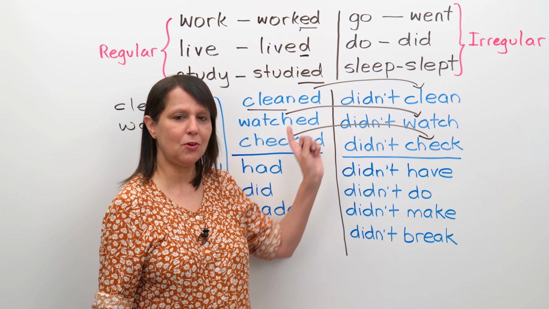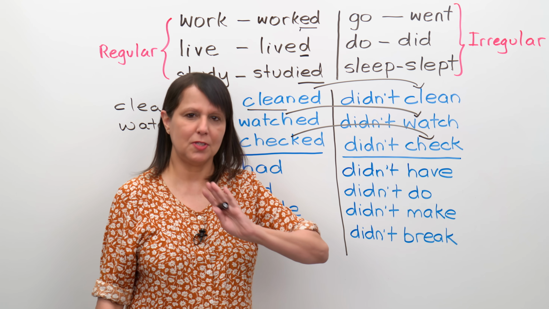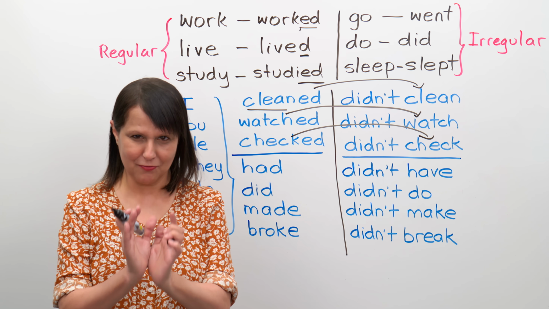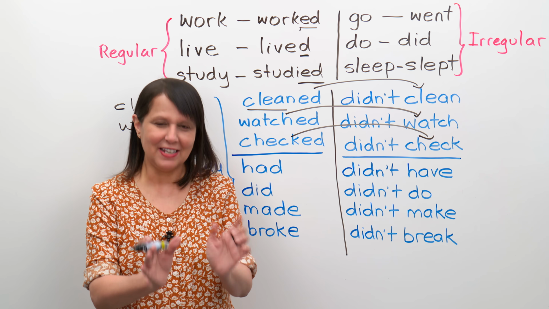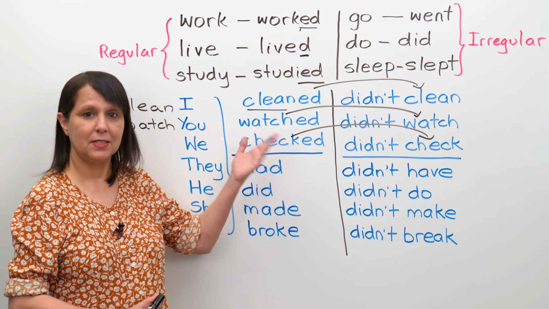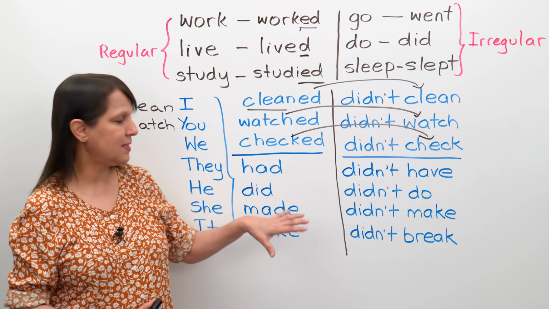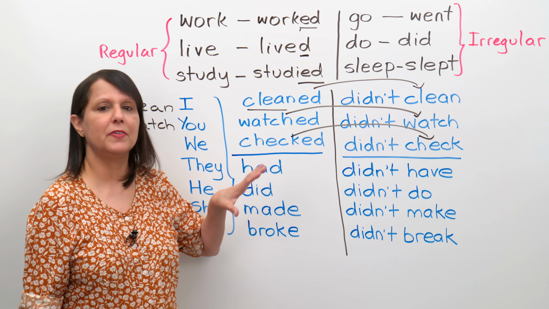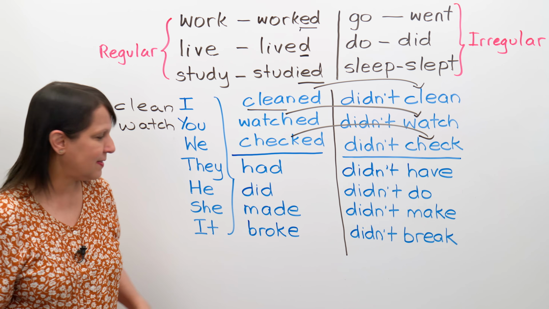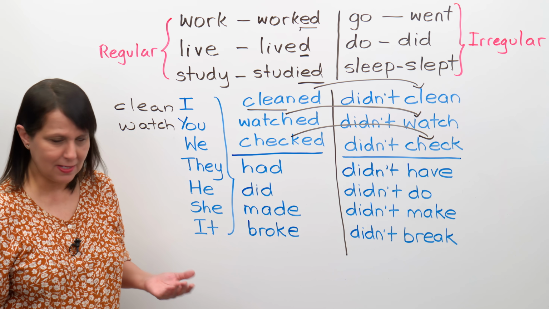So what's happening? You're always just going back to the base form of the verb. The original verb is the base form. Got it? Okay. Now that you understand that principle with the regular verbs, you'll see that the same principle works for the irregular verbs, okay? You don't have to find anything more than that. So let's look at some examples.